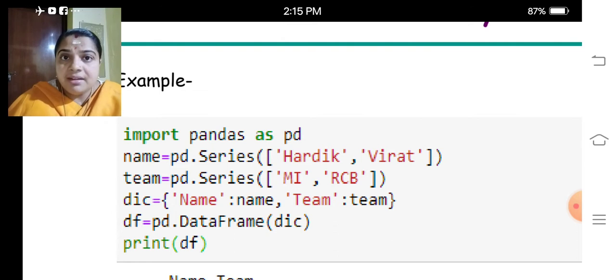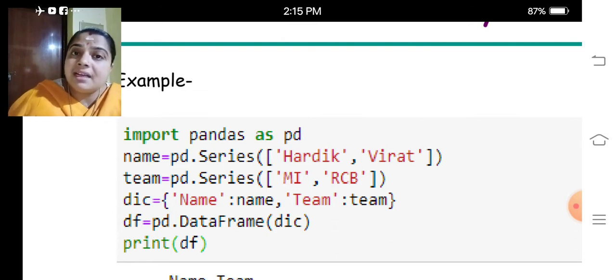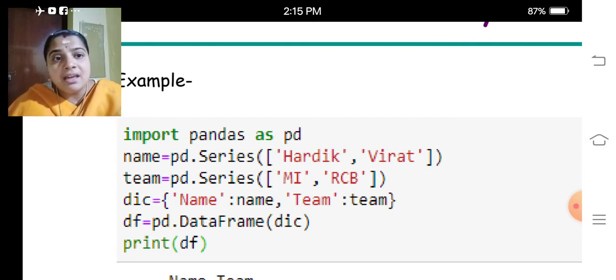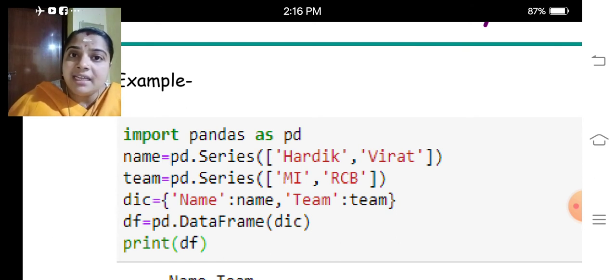Dear children, here the name which is given in red color is nothing but the key, and the next name that is given in small letters is nothing but the values. The values are of the type Series. The next one, team, is a key, and the team which is in small letters is a value. That value is of the type Series.